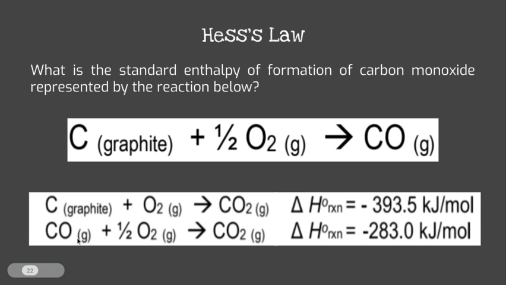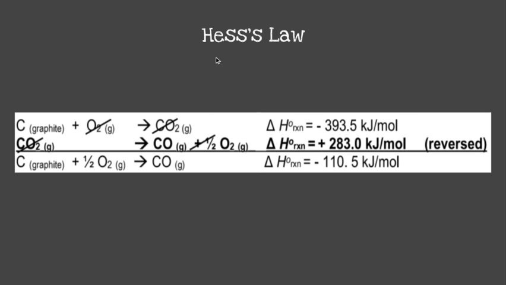By multiplying by negative 1, this 2 will go on the right hand side and the carbon dioxide will go on the left hand side. Since we multiplied it by negative 1, the heat of reaction will be multiplied by negative 1 as well. So this will become positive. As you can see,